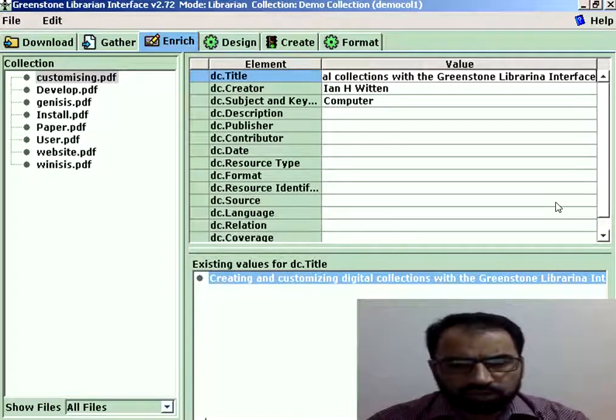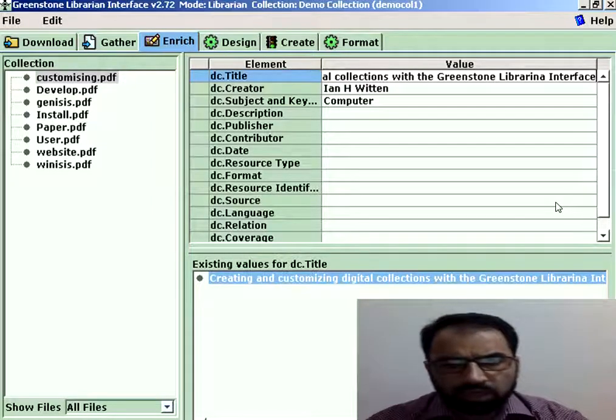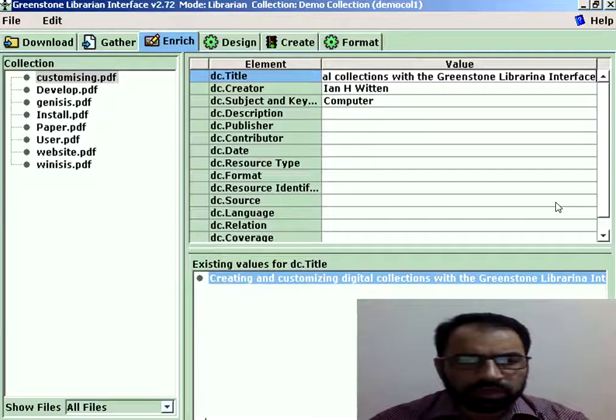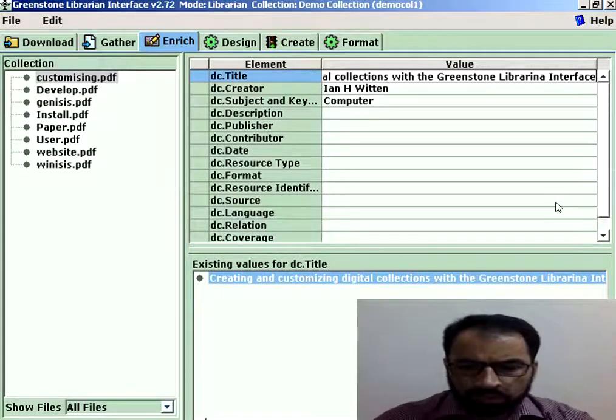There are two processes involved. Either we can use already inbuilt metadata standards, or we can use our own customized metadata using local bibliographical elements which may be useful for the library users.